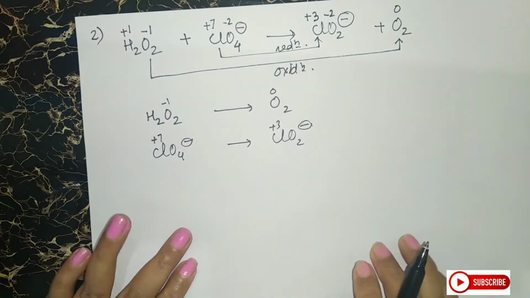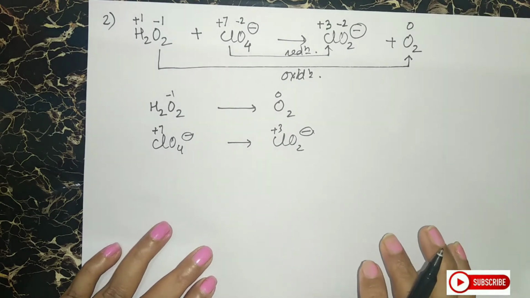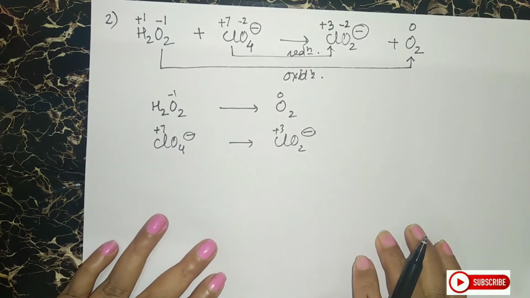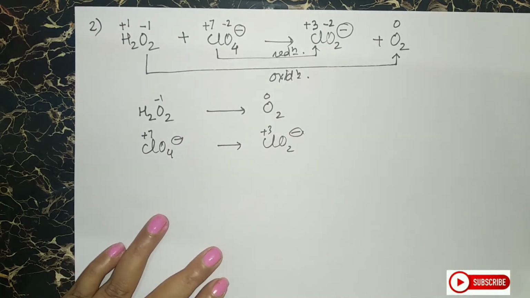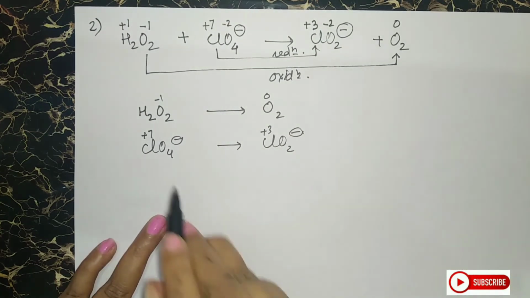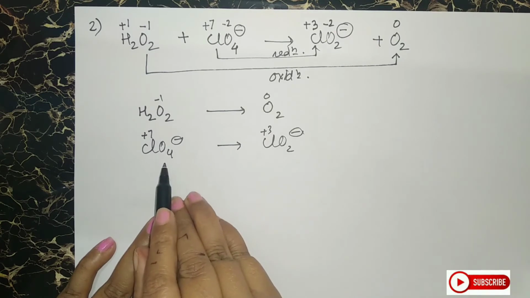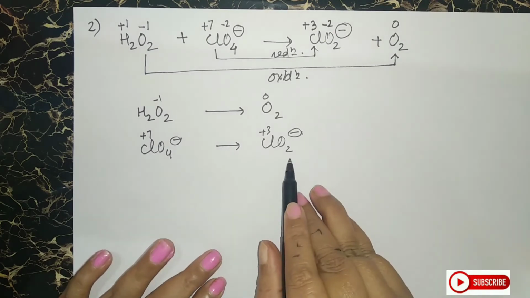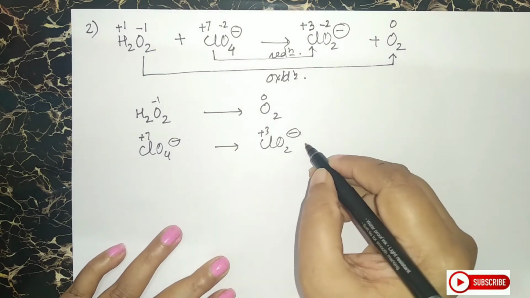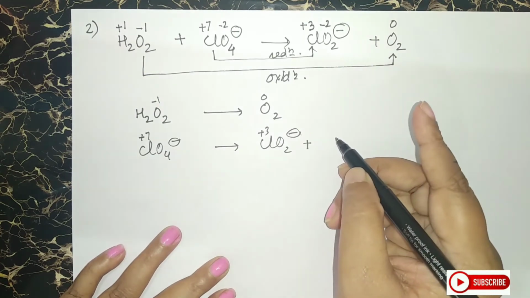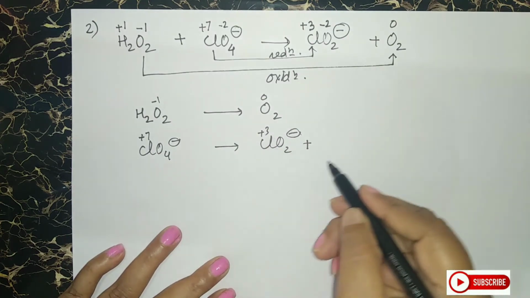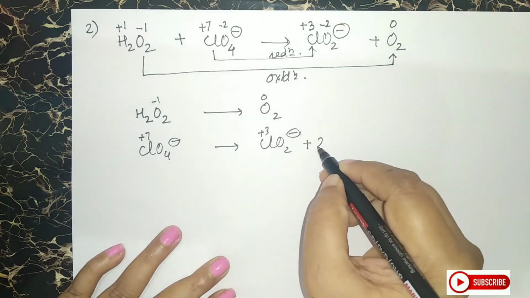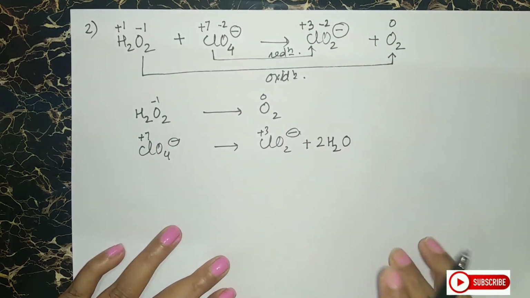What is the next rule? I have to balance the oxygen atoms on both the sides. Now, if I see this, there are the same number of oxygen atoms, so I need not add water to any deficient side. Come to this, there are 4 oxygens on this side, 2 oxygen atoms on this side, so I should add the same number of water molecules on the oxygen deficient side. So this side is 2 less oxygen, so I will add 2 H2O onto this side.